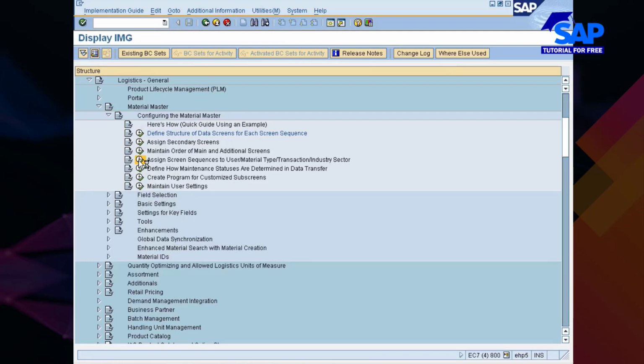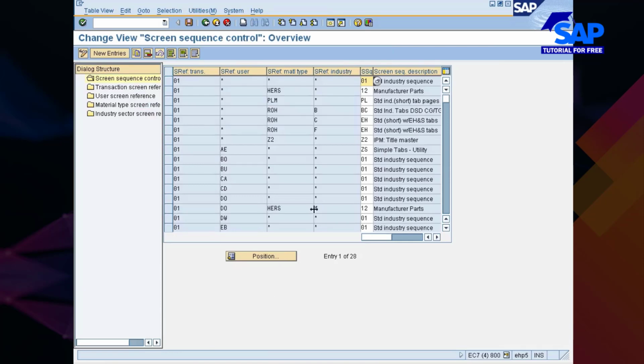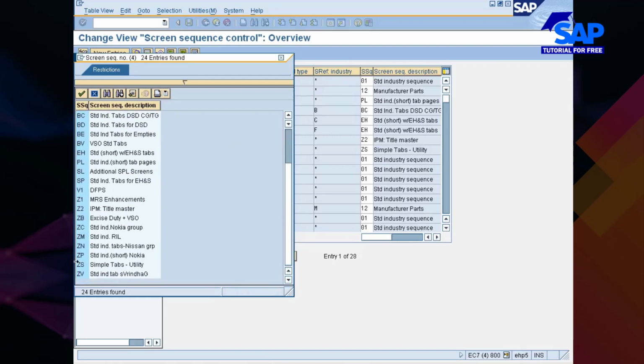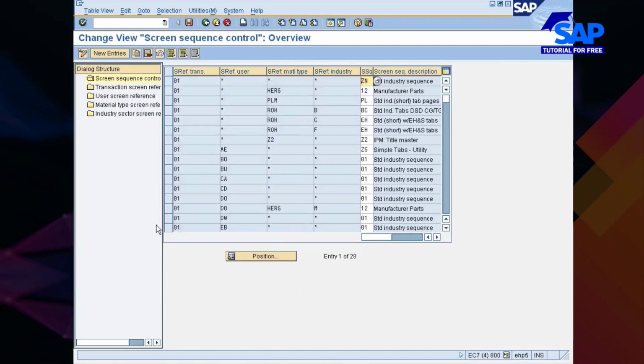I'll rearrange the ones. Okay, so somebody assigned 01 here. I wanted to go with ZN. That's the one that I have defined. I'll just go and save it.